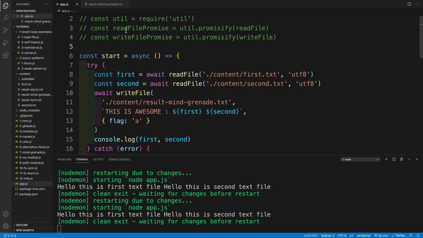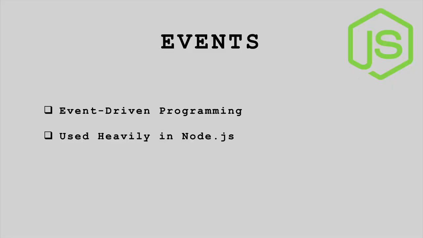So a lot of things will be given to us, but the core functionality won't change. Instead of using callbacks and nesting them inside of other callbacks and nesting more and more, we'll set up everything with async await, because the syntax is cleaner and way easier to read. Excellent. Once we have covered async patterns we're going to use throughout the course, now let's talk about events in